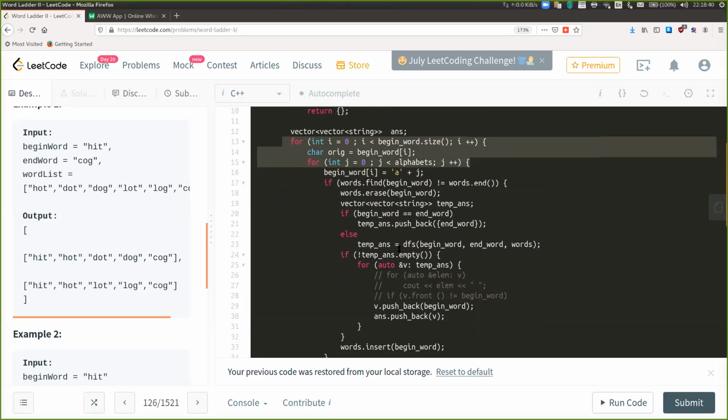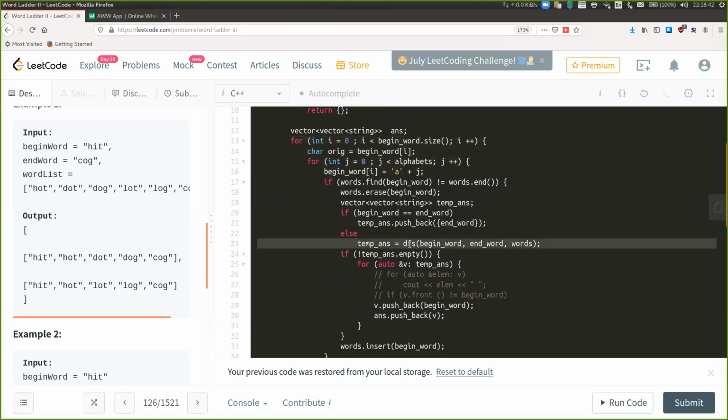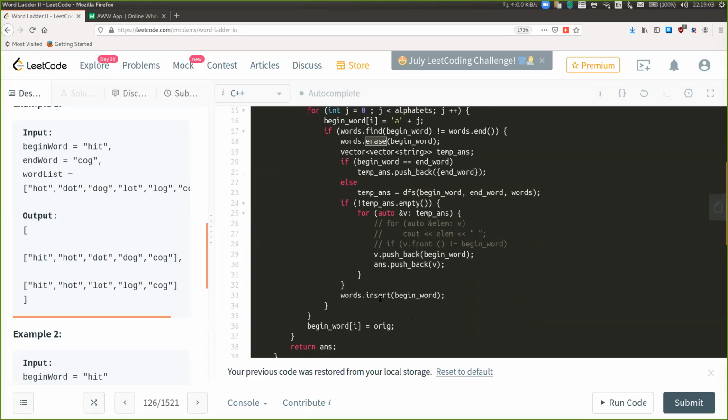And the DFS function call will again go up to maximum n words only, where n is the length of the word list. So the worst case time complexity will be, I think, 26 into n square. And this erase function has constant time complexity, and pushback is again constant. Insert is again constant.